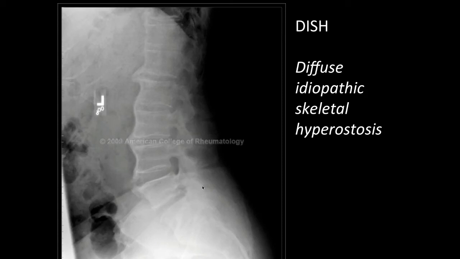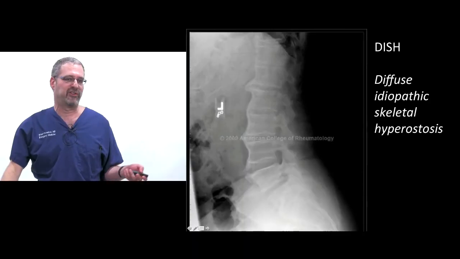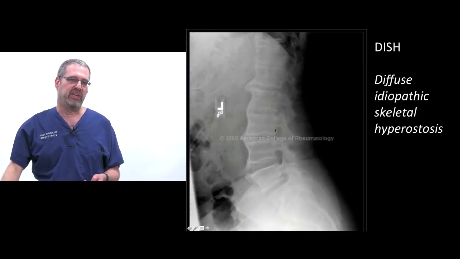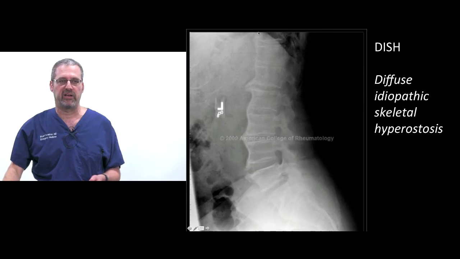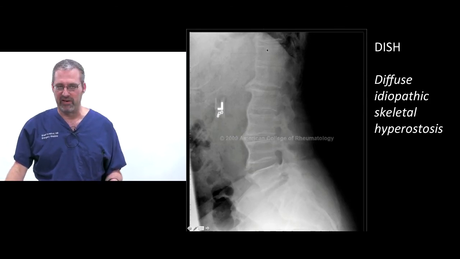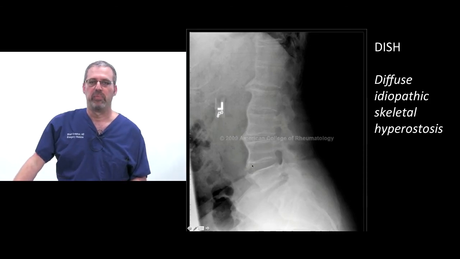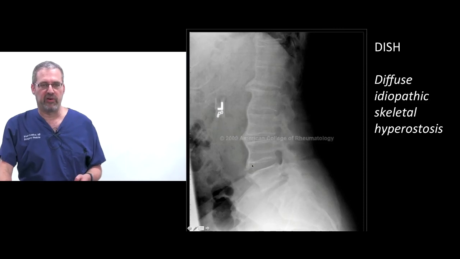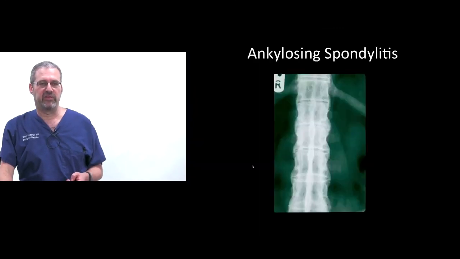DISH, diffuse idiopathic skeletal hyperostosis. Again, it's just one of those words that comes up all the time on exams, and you might see it. Another word for that is bamboo spine. Some of the chronic inflammatory diseases, like HLA-B27 spondyloarthropathies, ankylosing spondylitis, can look a little bit like this. Some type of an immune process that basically causes the whole spine to connect into one big piece, and that's called DISH, associated with seronegative spondyloarthropathies and other inflammatory diseases.